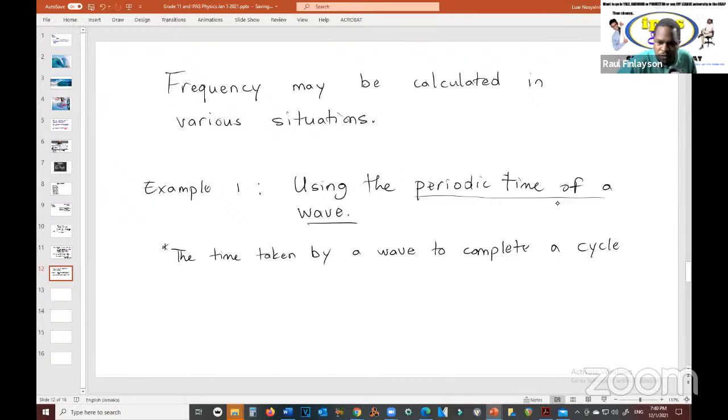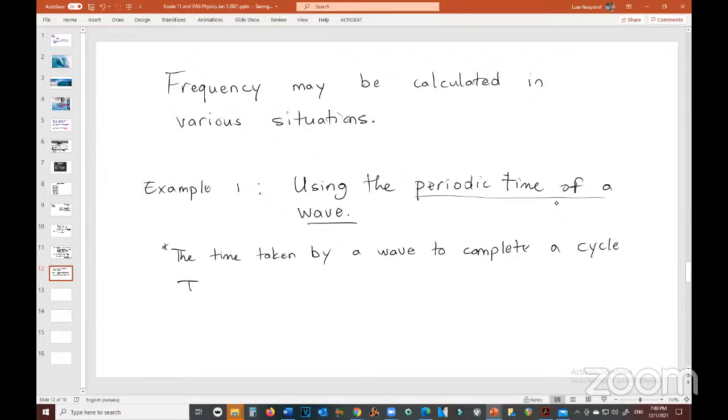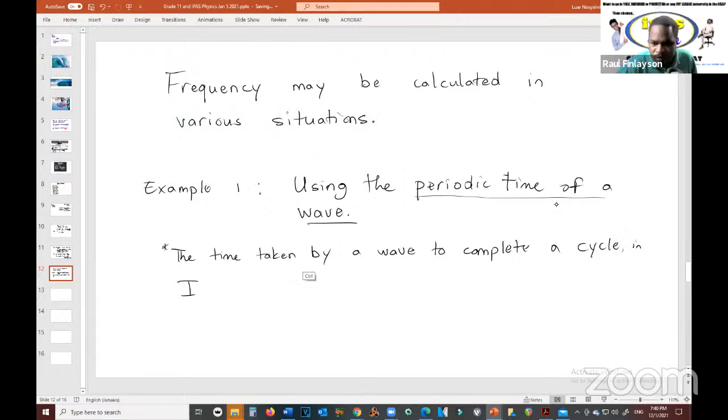All right. So now, therefore, we use this formula then. In seconds, by the way. The periodic time is measured in seconds. Yeah, so it's measured in seconds. All right. So now we use this formula,